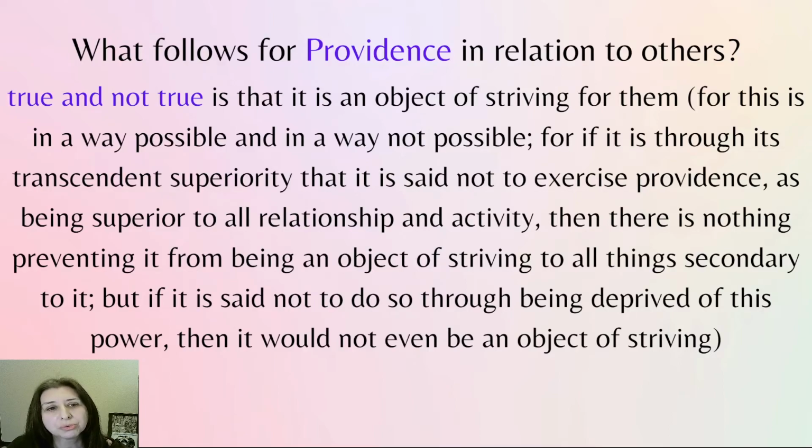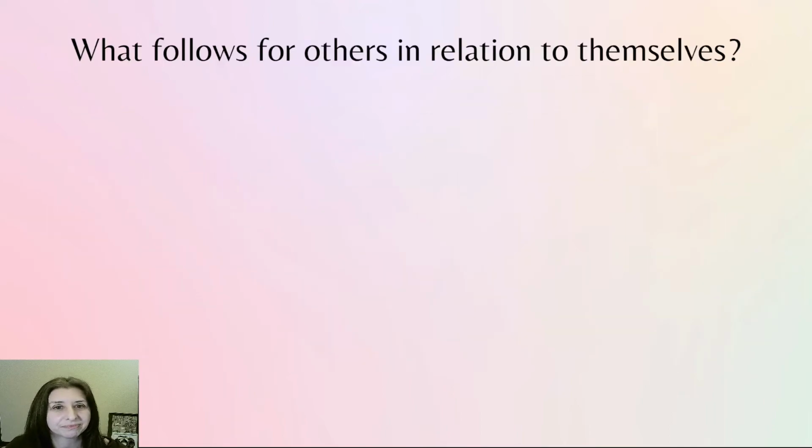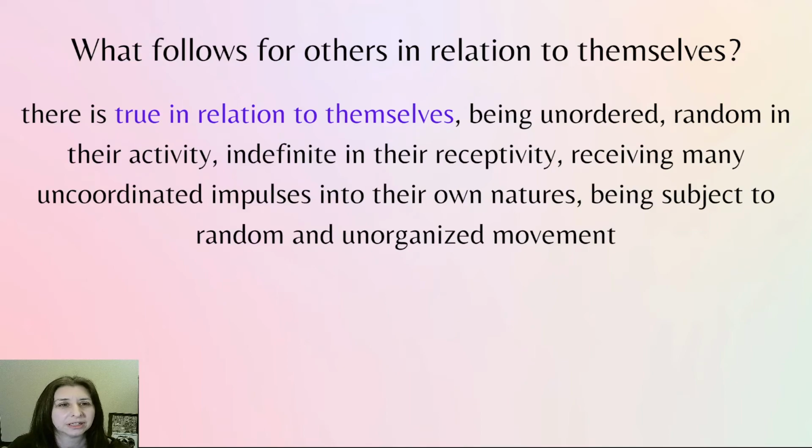For if it is through transcendent superiority that it is said to exercise Providence as being superior to all relationship and activity, there is nothing preventing it from being an object of striving to all things secondary to it. But if it is said not to do so through being deprived of this power, then it would not even be an object of striving. What follows for others in relation to themselves? How would we interact with one another if Providence does not exist, or if Providence is not functioning in our world? Well,